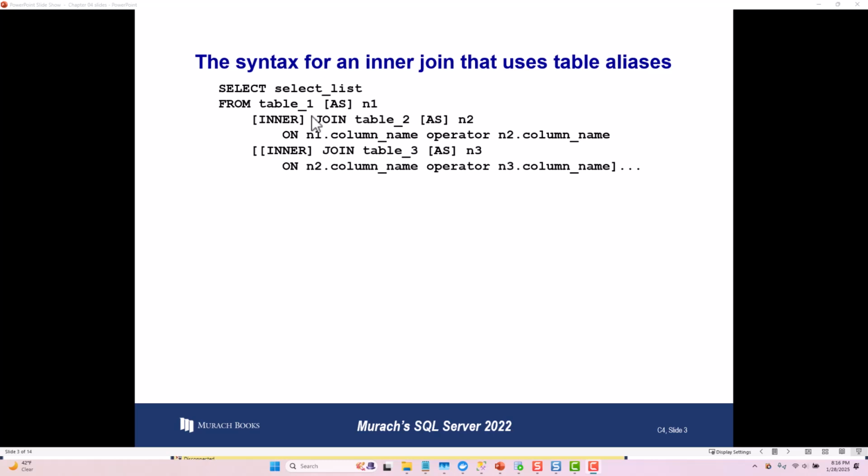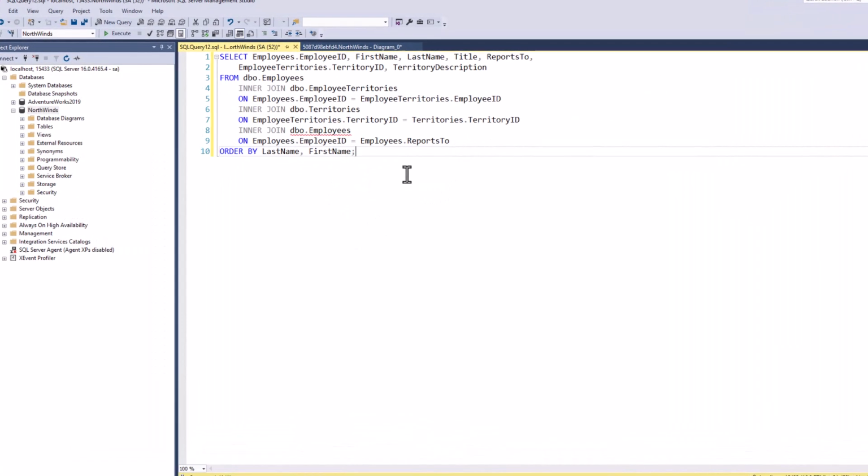So we can simplify it. We can use the optional as, or we can leave it out. Typically, in queries, you leave it out, but we'll just put it in this week to show that that is an alias, just to remind ourselves of that fact. So let's go fix up our query here.